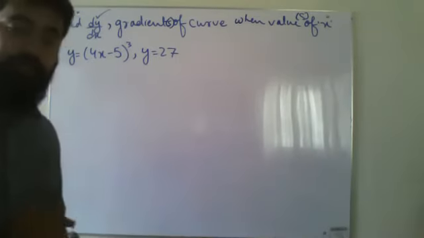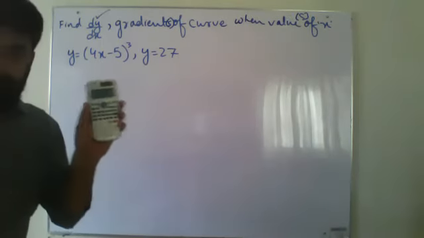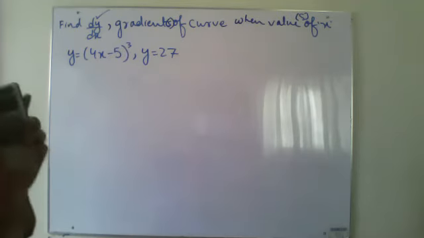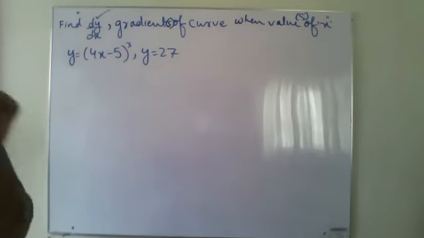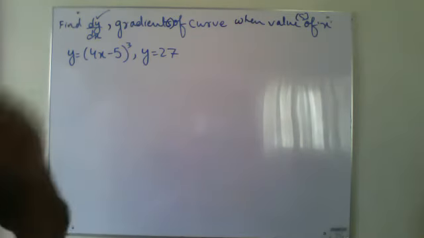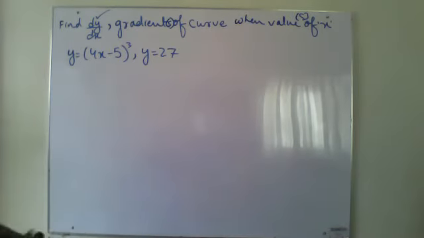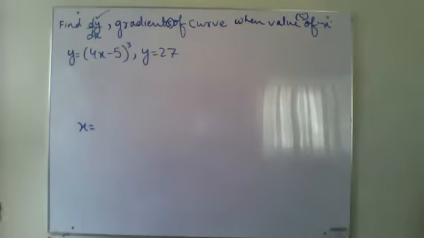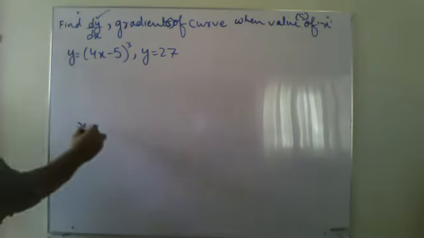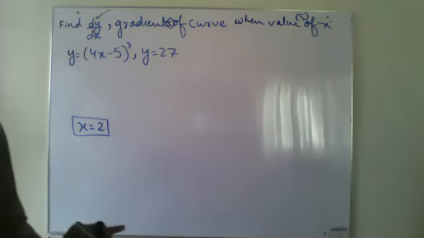Now, if the same question has to be done by using a calculator, if we want to check with the calculator, the first thing is that you need the value of x. Only those questions can be solved by using a calculator in which the value of x is given. So we have to find the value of x, and in this one, when we simplified it, the value of x was coming 2.